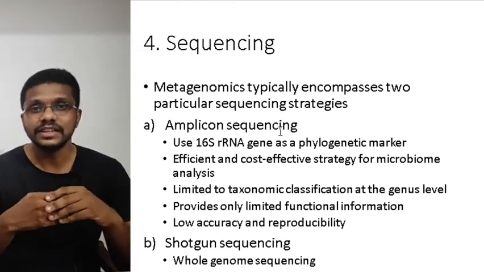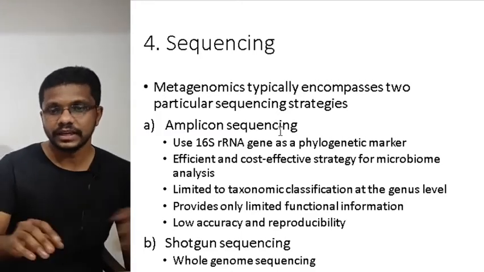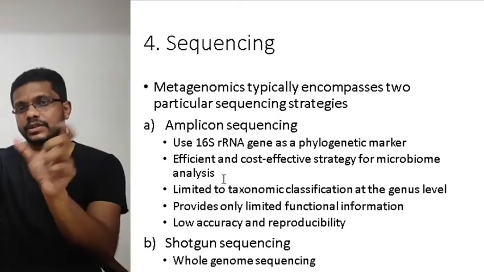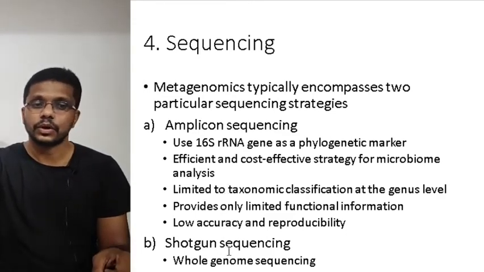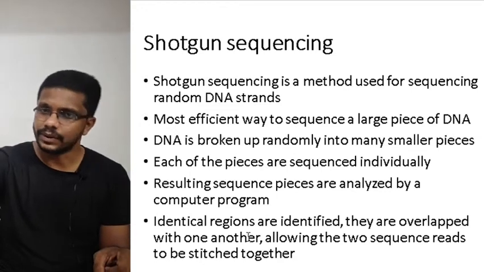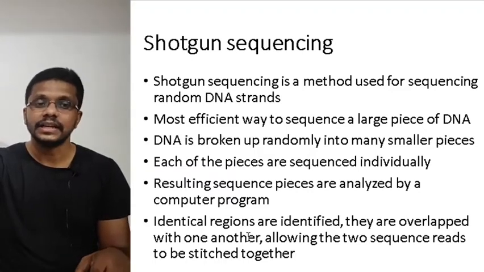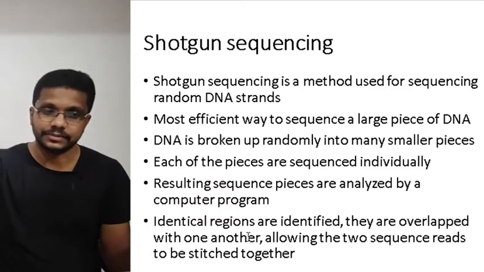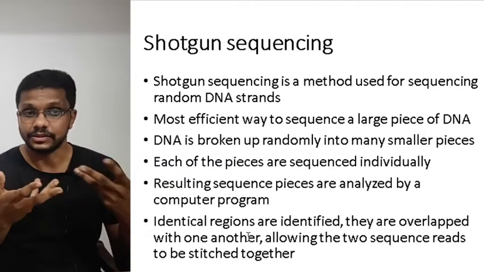What we really do is shotgun sequencing. In shotgun sequencing, we sequence the whole genome. In amplicon sequencing, we sequence only a specific part of the genome, most probably the 16S rRNA. Now I am going to talk about shotgun sequencing, which is a really advanced technique. In shotgun sequencing, we sequence the whole genomic DNA, or whole DNA isolated from the environmental samples, in a random fashion. So the key to this method is random sequencing.